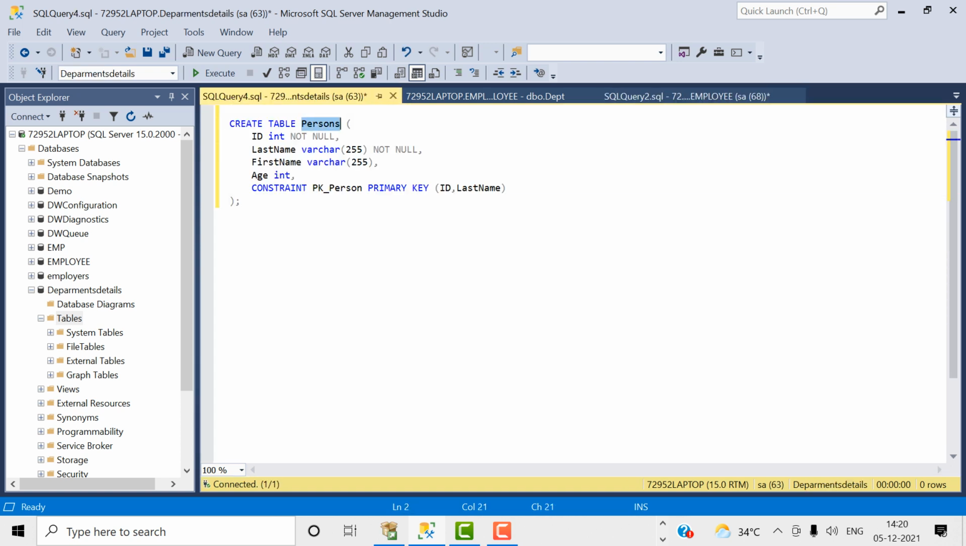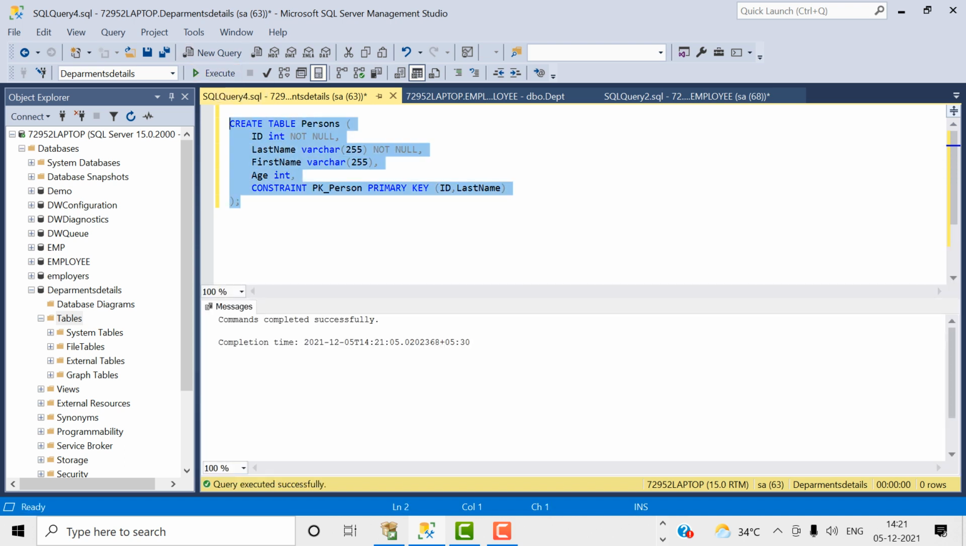Create table named persons with id value, last name, first name, age, and a constraint created from id and last name. I create this one, create the table, and execute it. Now the table has been created. Now I want to set the primary key for this id value. How can I set it? Just alter table persons